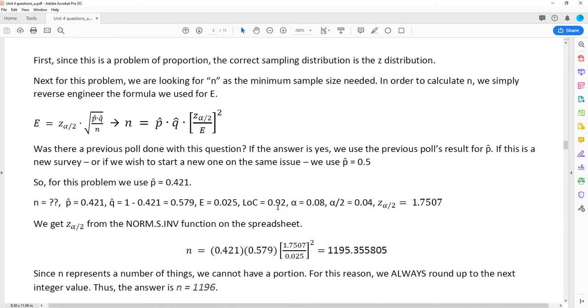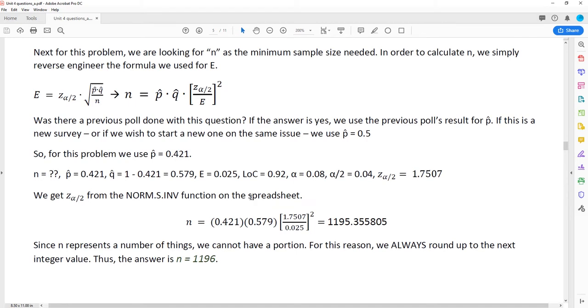My level of confidence, that's given in the problem. But remember, if it's not, and if a level of significance is not given either, then we make the assumption that the level of confidence is 0.95 or 95%, and that my level of significance is 0.05. But the level of confidence is explicitly stated as 92%, which means that alpha is equal to